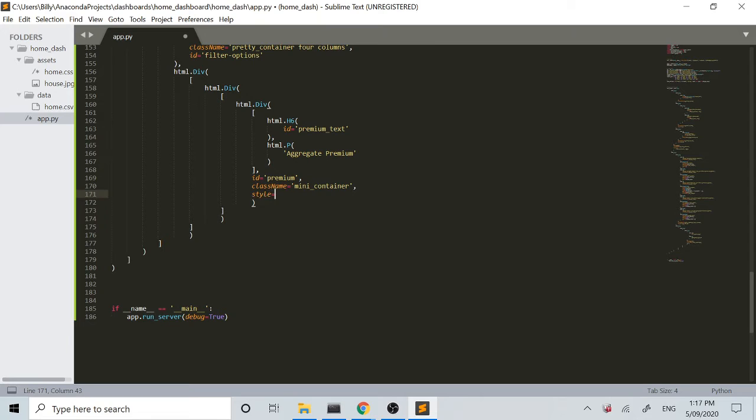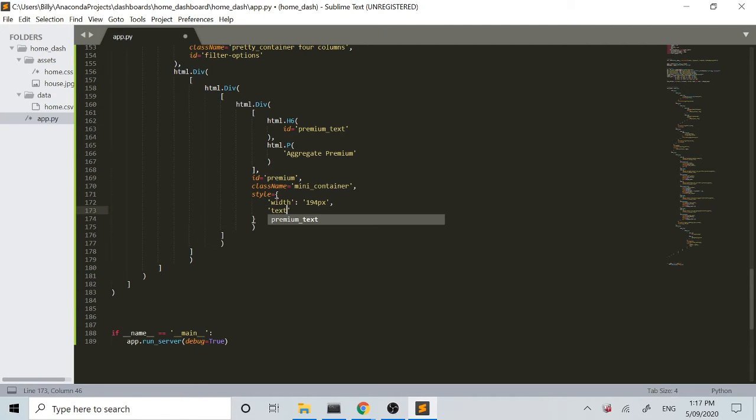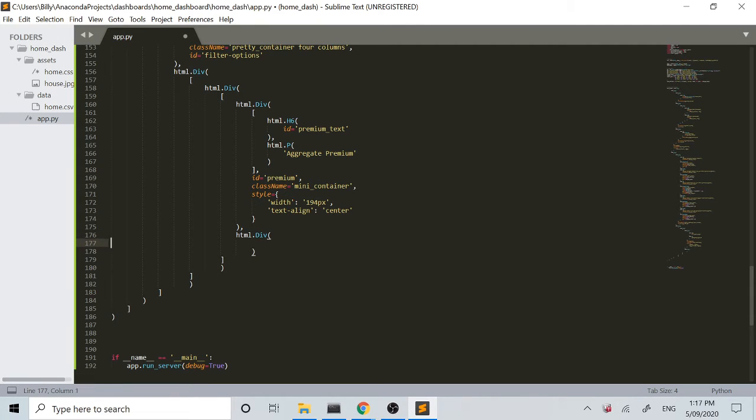And we'll do a little bit of styling here as well, and we'll give it a width. Sorry to be so specific here, but we're going to go 194 pixels, and we're going to go text align, and that's just going to be center. So moving outside of that one, we're going to have another div, and in this one we'll go another H6. This one's going to have an ID of claim text,